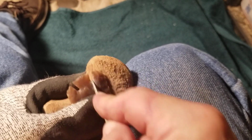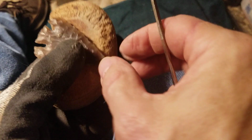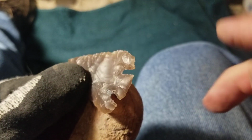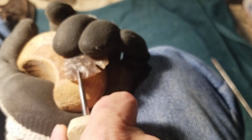Now, are you going to have metal marks and traces of your file at the bottom of that notch? Oh yes. You're going to have to hide that somehow with another pop out. But see, that angle is what's going to do it for you. And then you do the passive pressure flake on top of that. You rest your tool on top of that,